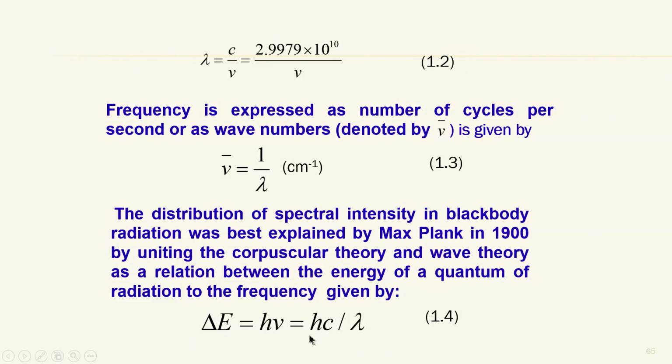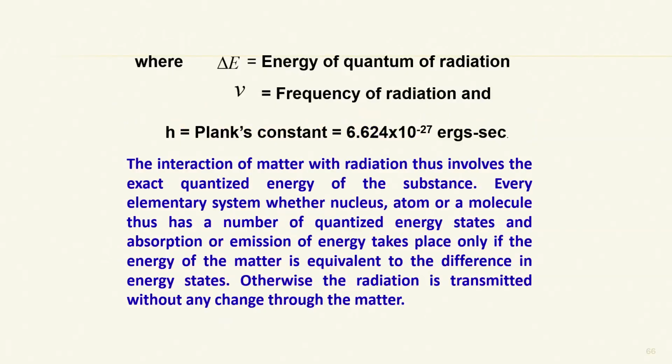E = hc by lambda. c is the velocity of light, h is Planck's constant, that is also known, c is known, 3 into 10 raised to 10 cm per second. Only lambda is needed. If I know lambda, I can find out the corresponding energy of the electromagnetic radiation. That is very simple. So, here in that equation, delta E is the energy of the quantum of radiation,